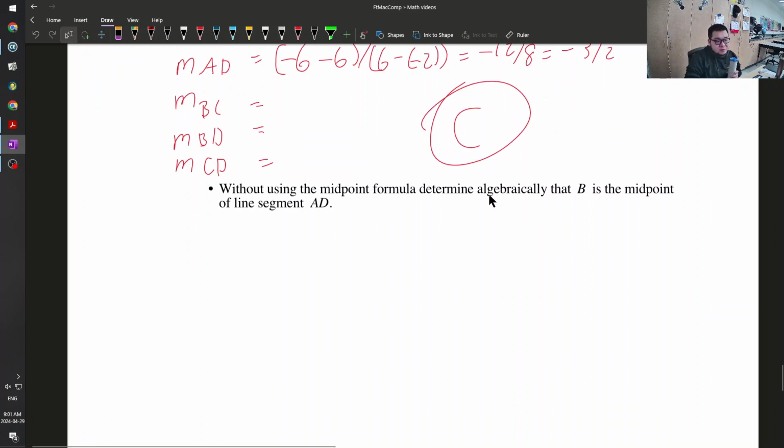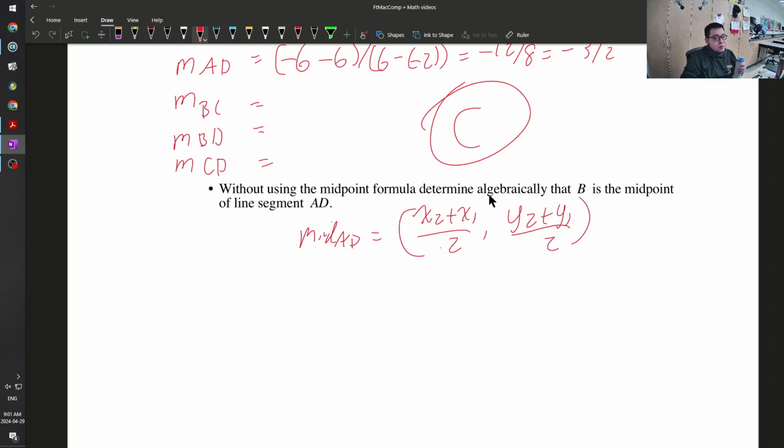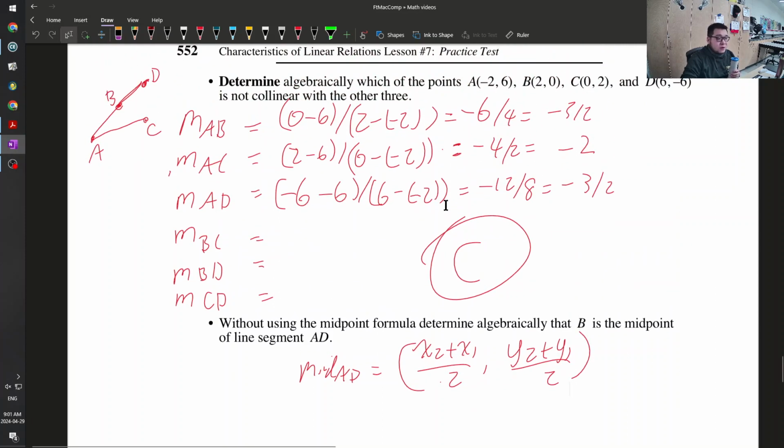Let's say I want the midpoint of AD, then we can find the average of the 2 points: x2 plus x1 over 2, comma, y2 plus y1 over 2. But I think what they want us to do is find, so we know that